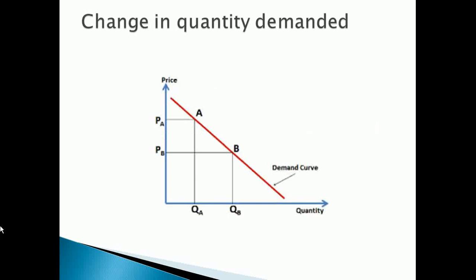Supply. This is a quantity of commodity a producer is willing and able to sell at a particular time and at a particular price. The law of supply states the higher the price, the higher the quantity supplied, and the lower the price, the lower the quantity supplied. The relationship is direct and is positive.